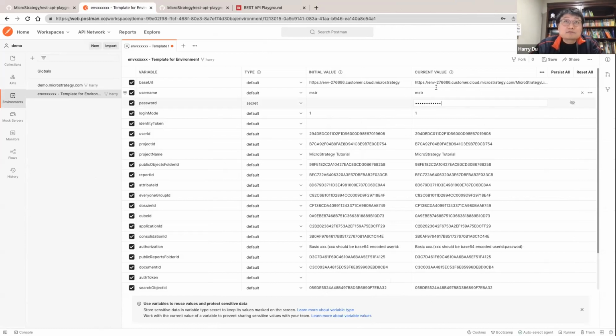I'm going to put my password here so I can make a request to this environment. So let me save this. Okay, so now let me give you a quick overview of